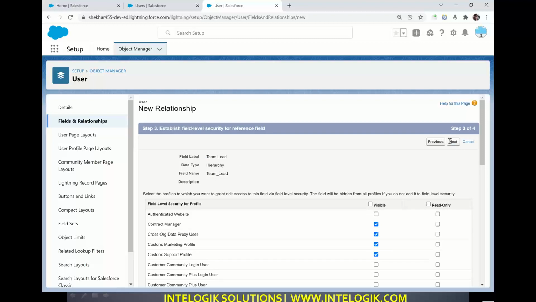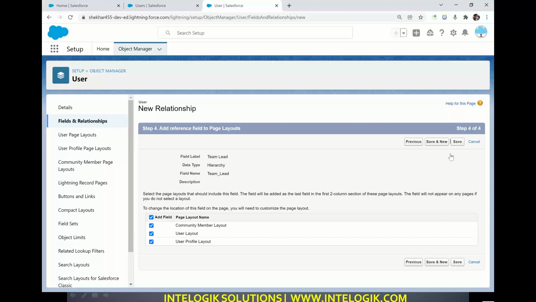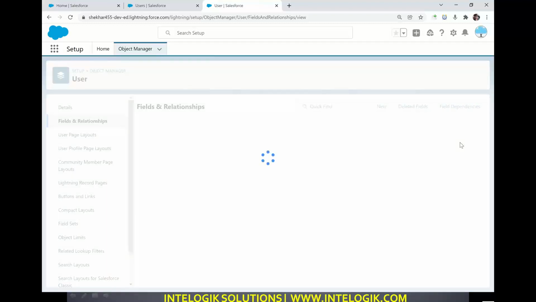Now guys, here, to my surprise, it did not ask me which object you want to connect to. Why? Like lookup and master detail, it did not even ask me which object you want to connect to. Exactly. This is an example of hierarchy relationship, and it is quite aware that we are going to connect to the same object. No need to even ask this question, as we are working on hierarchy relationship. Yes, excellent, correct answer. That's why no need to even ask. Visible, read only, all these things you know, so I'm not going to waste your time. Save, simple, and that's it.